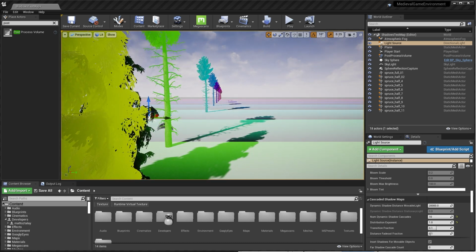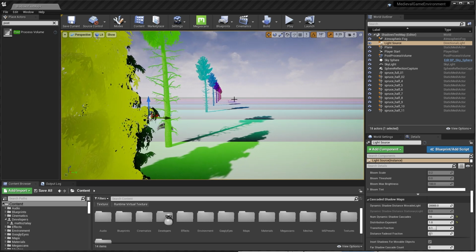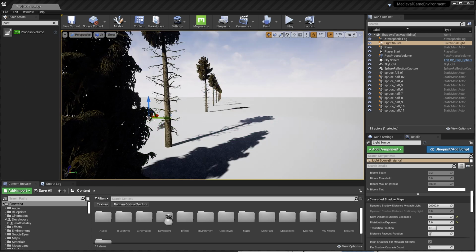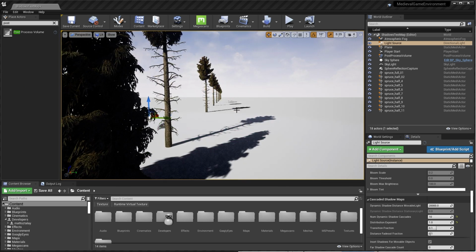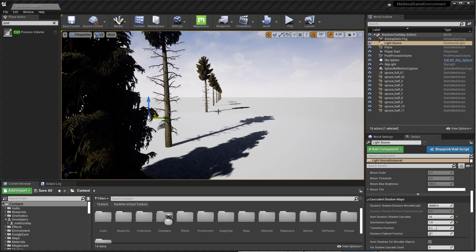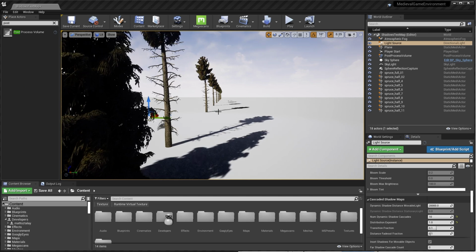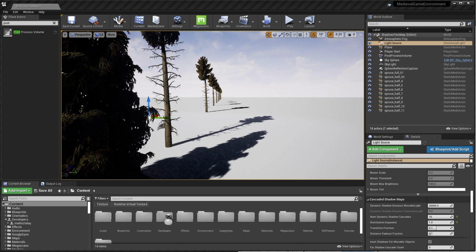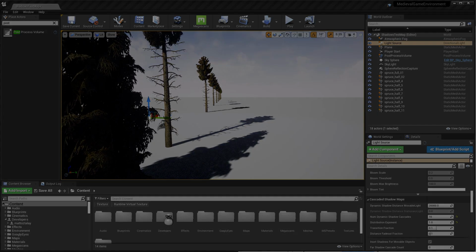I could tweak the distribution exponent to prioritize resolution on shadows nearer the camera, but we're still drawing dynamic shadows way off in the distance. I can't really see the details of the tree swaying in its shadow, let alone the shadows of the individual leaves as they flicker, but I'm still paying to draw them, which is my cue that there's probably a better way to do this.